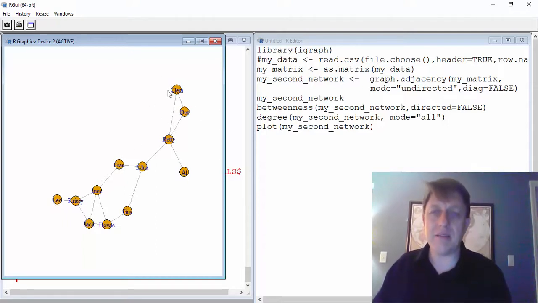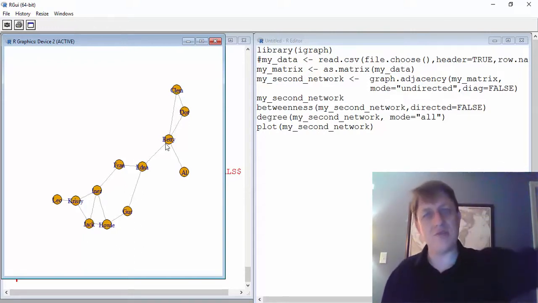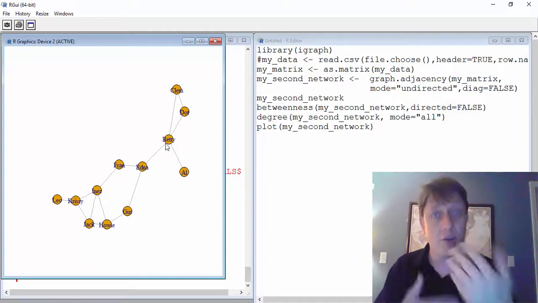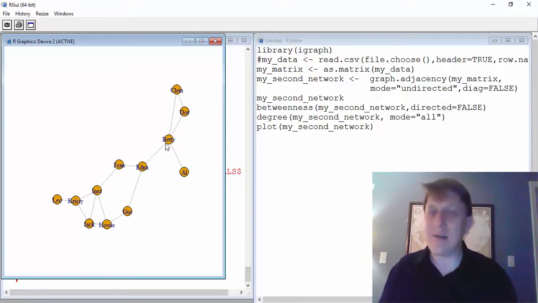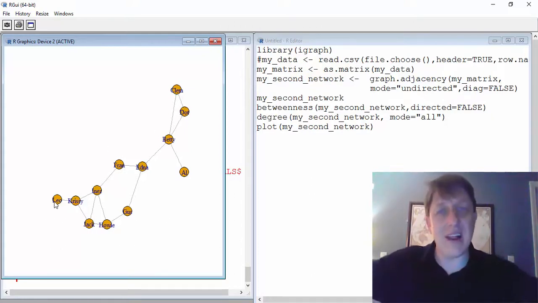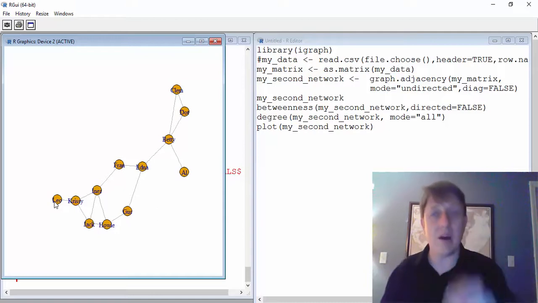Although Clem can be tied to Dot, and you could talk about maybe Betty going to Clem to Dot back to Betty, that's not the most efficient path. In the most efficient path, the shortest paths, otherwise known as geodesics, Clem and Dot aren't in the middle of any of that. Neither is Al, neither is Leo, not in the middle of any path,